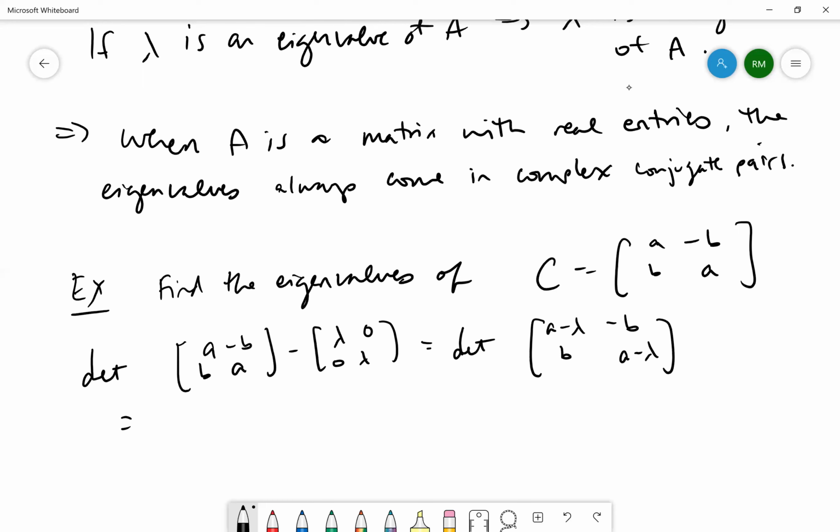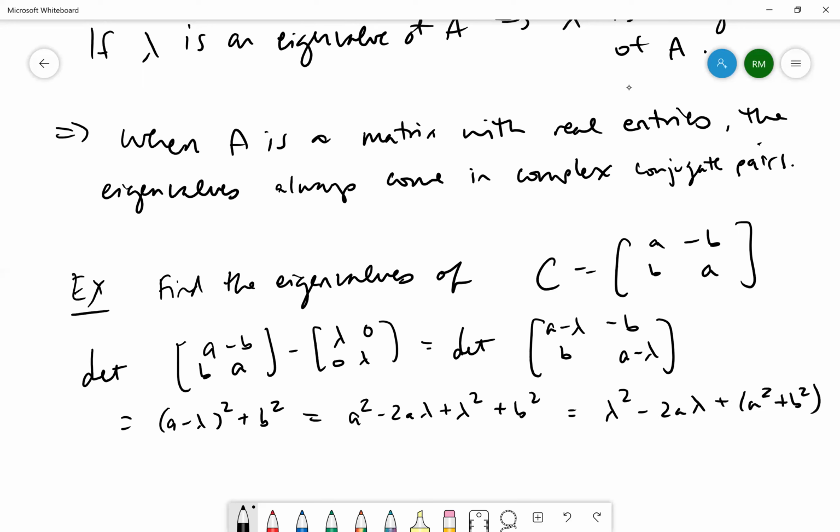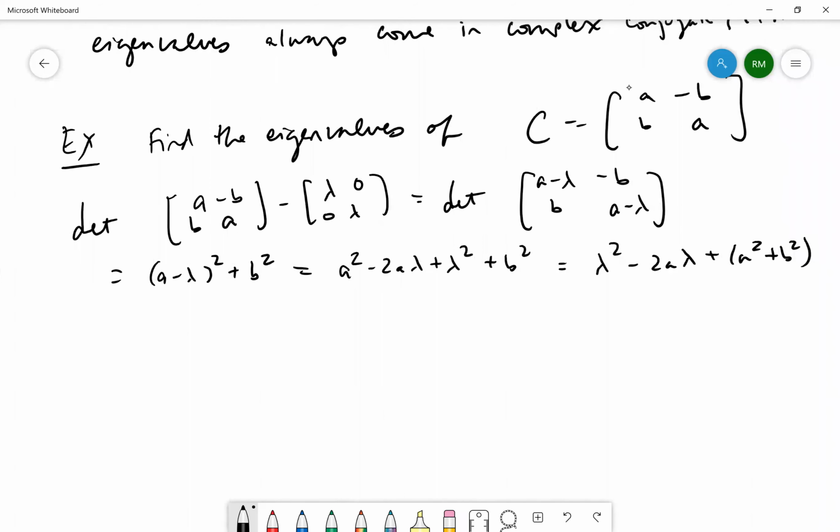And we get (A minus lambda) squared plus B squared. And this becomes A squared minus 2A lambda plus lambda squared plus B squared, which is lambda squared minus 2A lambda plus A squared plus B squared. So we need to use some